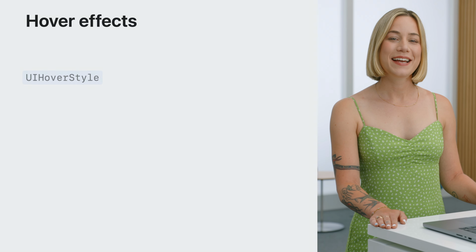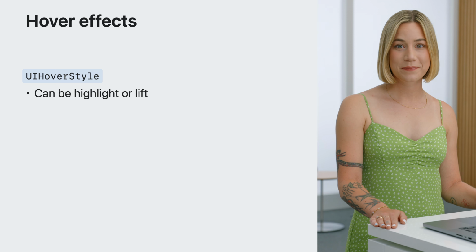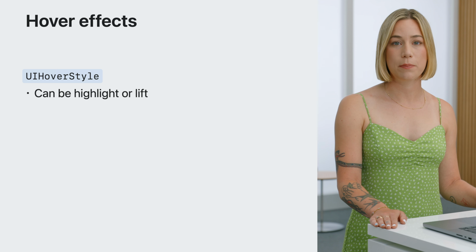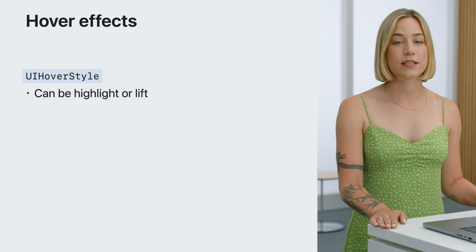One important thing about this platform is that exactly where someone is looking is never delivered to the app's process. There's brand new API in UIKit to add, customize, or disable hover effects. UIView has a new property, hover style. Many interactive components have hover effects by default, like controls. You can customize the hover style of your view by setting the hover style property and providing an effect, either highlight or lift. And if you want to remove the hover effect, you can set this property to nil.